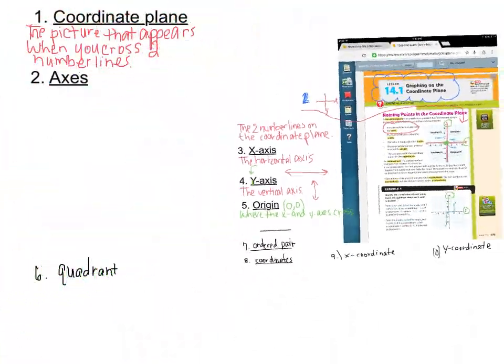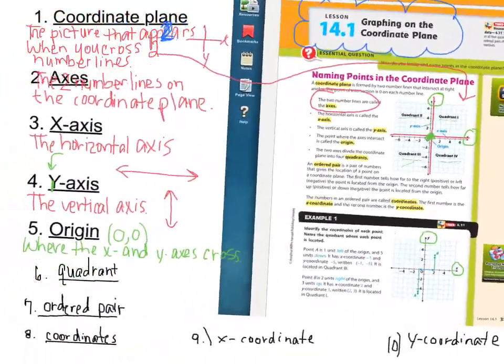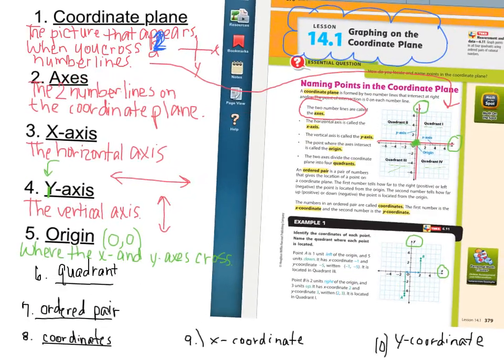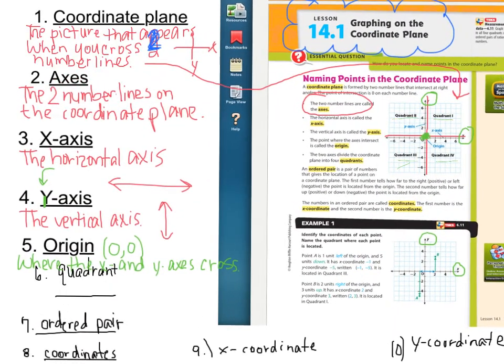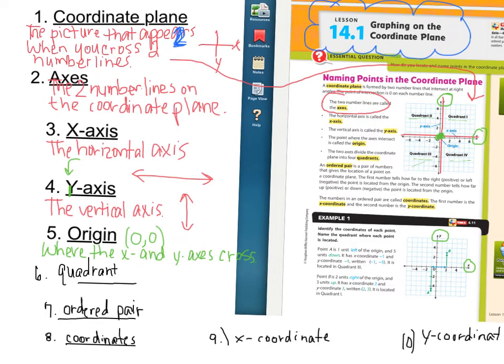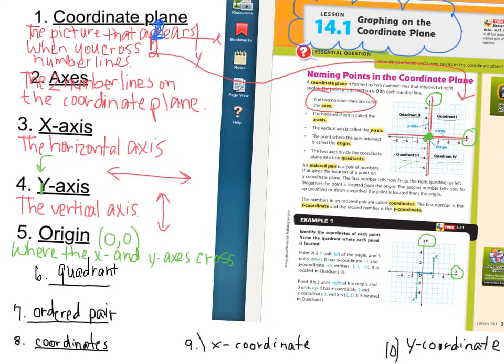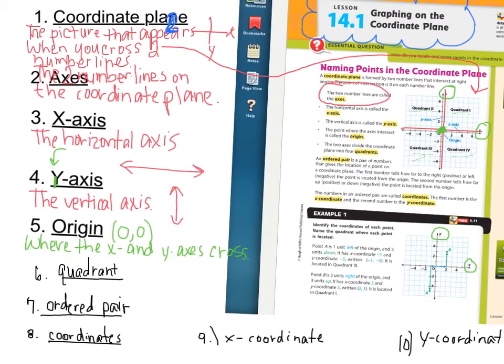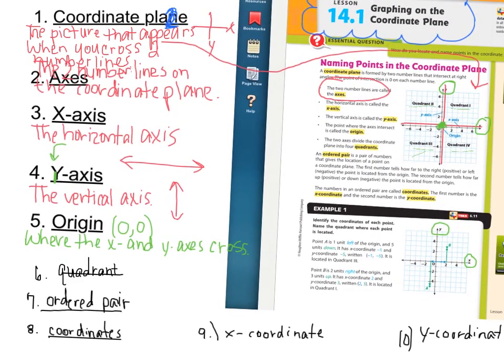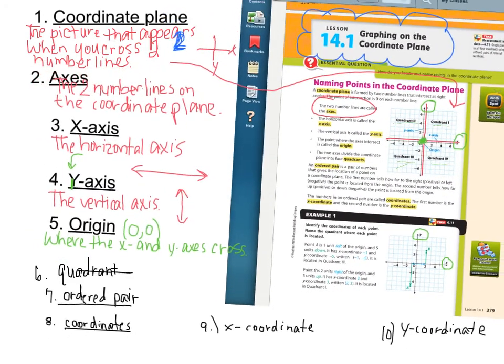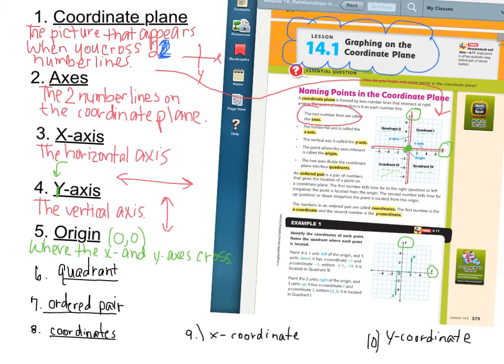Okay, so, whoa, that's weird. Wonder why it does that. See if I can put it back where it belongs. All of a sudden, I don't like that. Okay, quadrant. Okay,